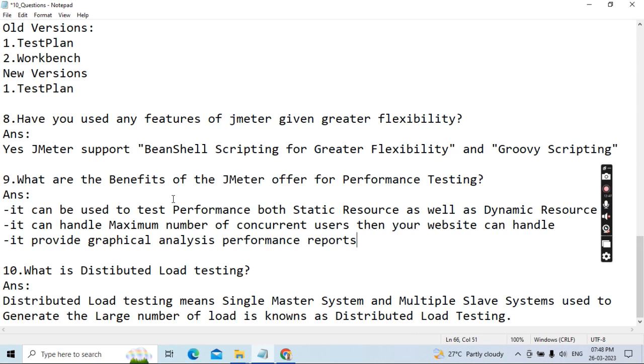How many users you are able to support on your website, you need to run. There is no limitation; that is based on your hardware configuration only. That is the highest feature. And most of the time, LoadRunner is the best competitor to the JMeter tool in the entire